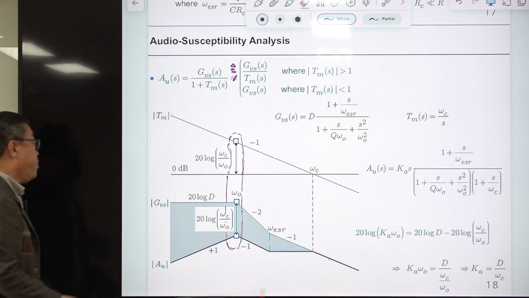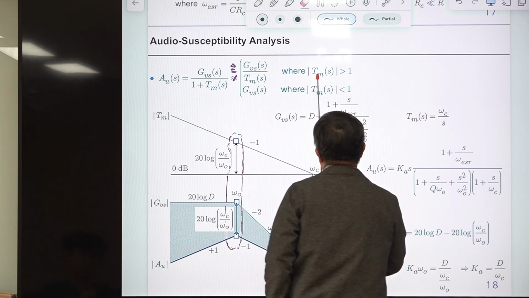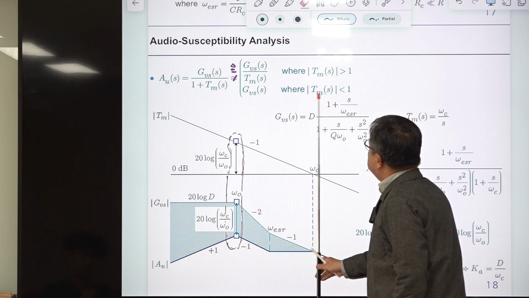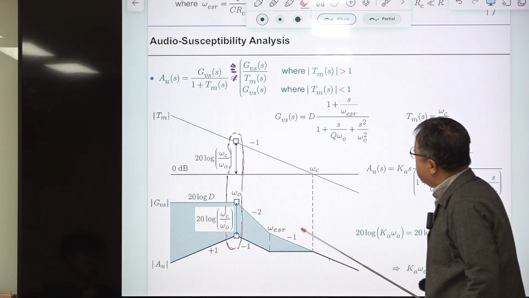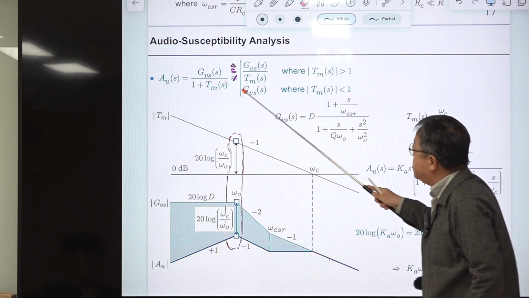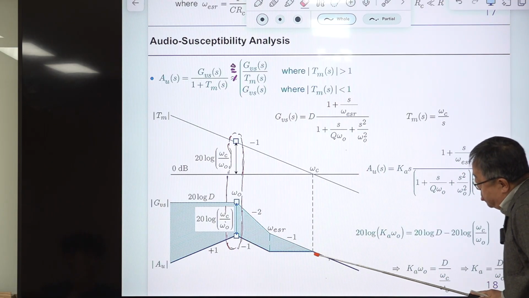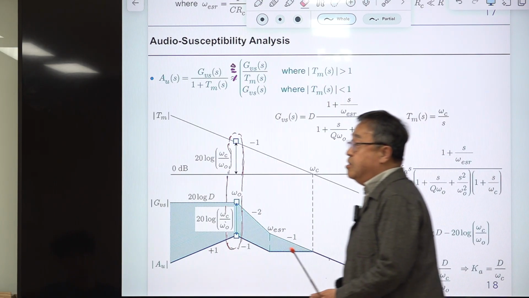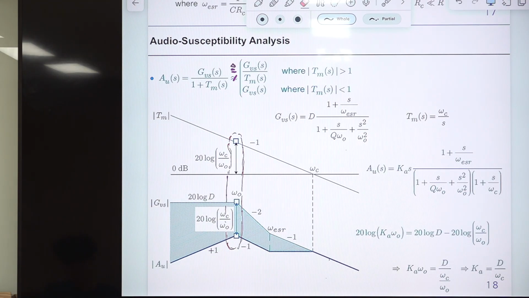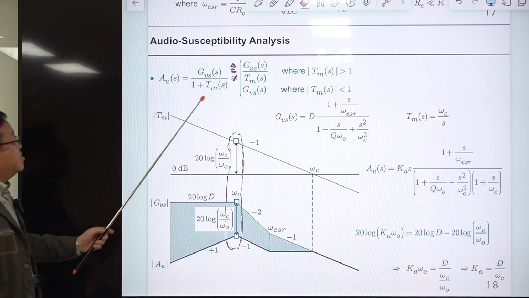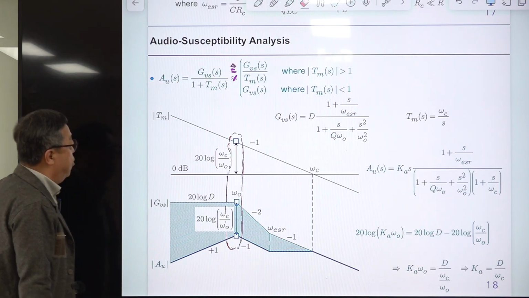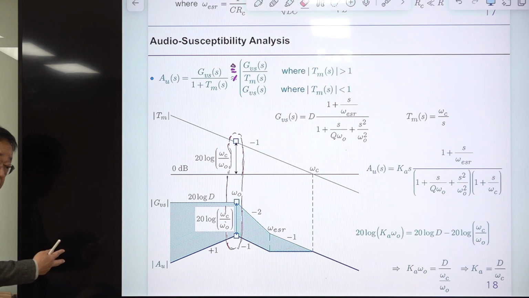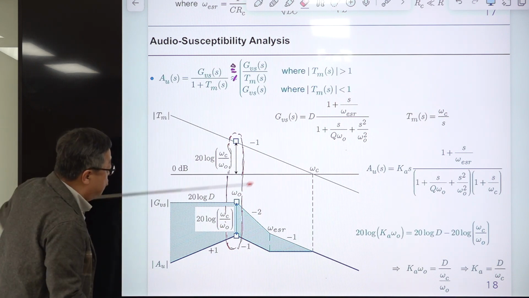So for the frequency beyond the loop gain crossover, where the loop gain magnitude is smaller than 0 dB, at this frequency assume this audio susceptibility is the same as G_bs. That means it just follows this curve in this frequency range. Okay, it's not an approximation, it's our definition. So let me delete this. Before that we have this relationship. This is a division in linear scale, and in log scale it is subtraction. So we are subtracting this one from this.